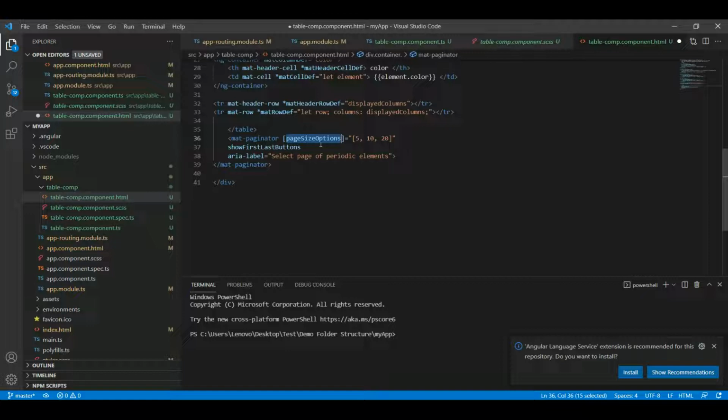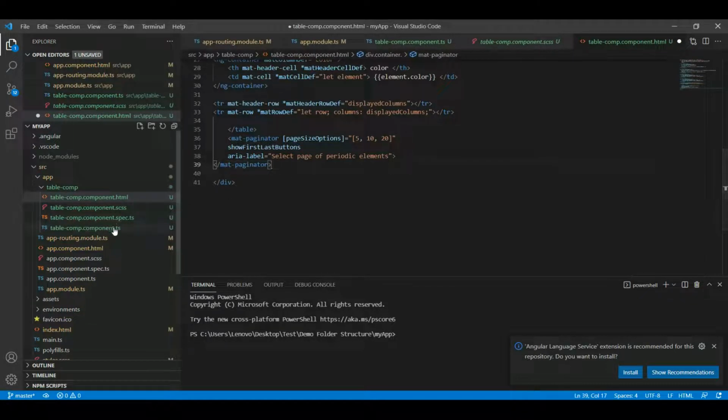If we select 5, then it will show 5 entries in the table. If we select 10, then it will show 10 entries, and according to these it will divide the total rows as well. So if it contains 20, then as per 5, 4 pages will be there, as per 10, 2 pages will be there, and as per 20, 1 page will be there. All this is taken care of by the mat-paginator only.